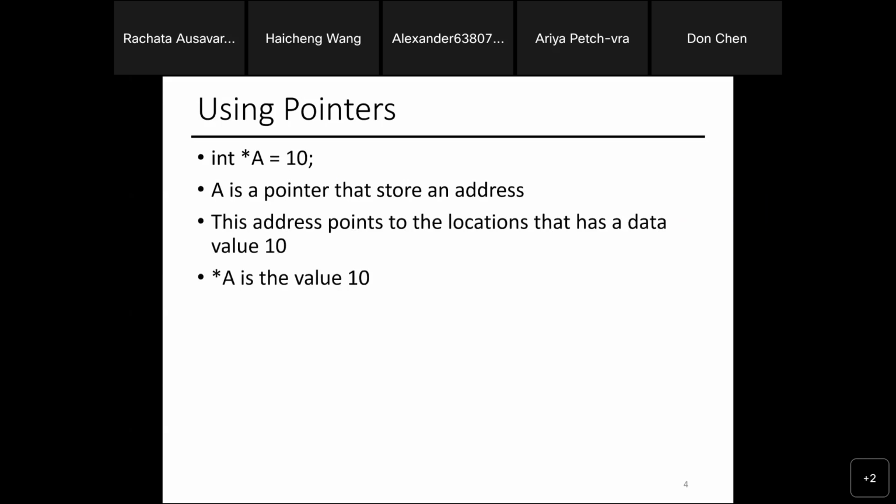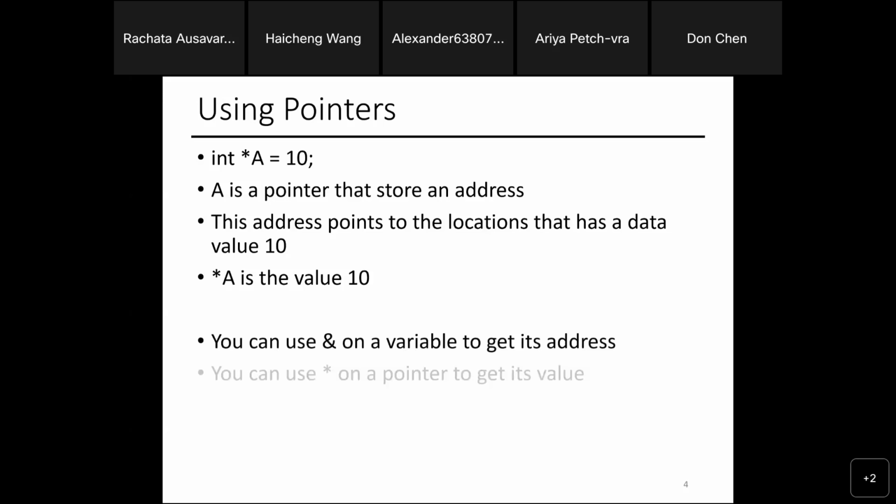If I apply that operator on something, I try to use that as an address and see, okay, if I go to that address, what will I see? The ampersand is the reference. If I have the data, the ampersand operator will give me the address so I can locate that data, right?